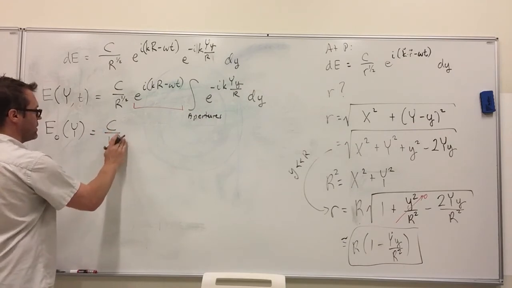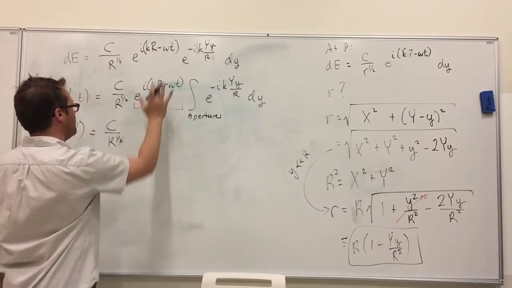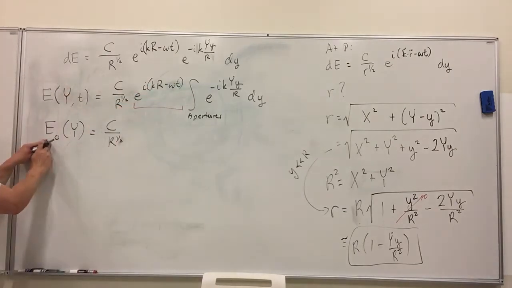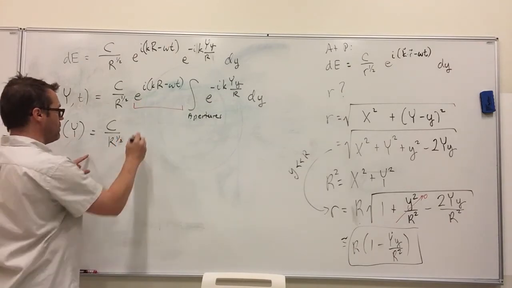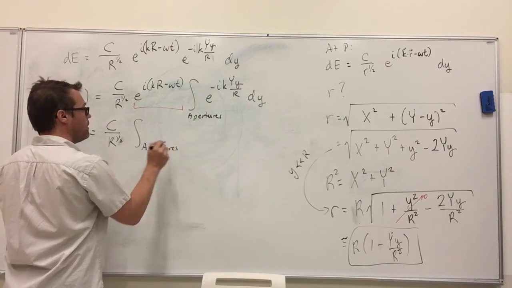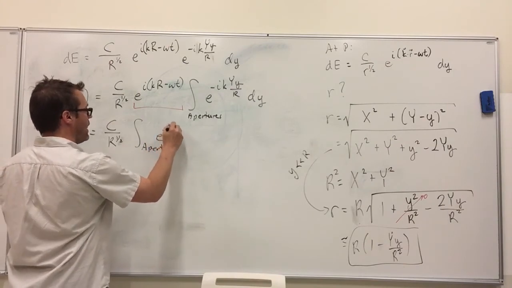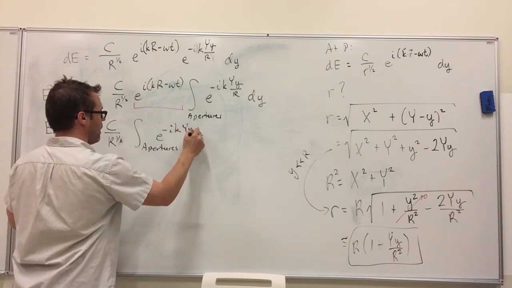So I'm essentially just going to drop this, because the amplitude of this term is always just 1. And so if I'm only interested in the amplitude of the electric field, I don't need to write it down anymore. And so I have to integrate now over my apertures of e to the minus i k big Y, little y over R